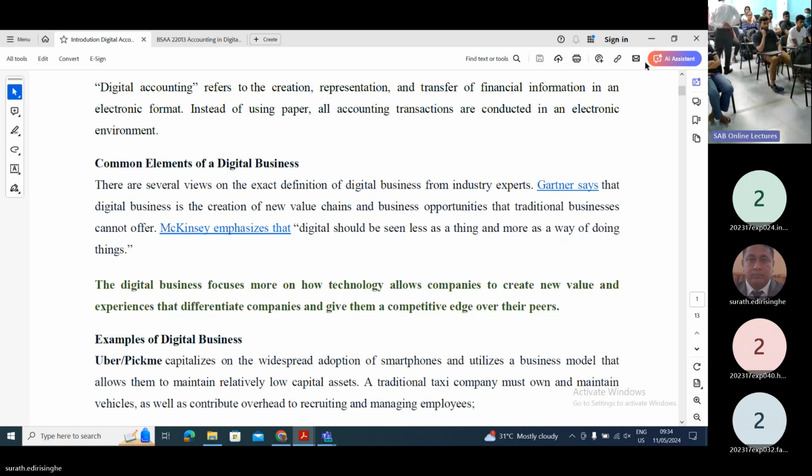The more ways of doing things. Two elements are there. Two features are there in digital business; McKinsey is saying that